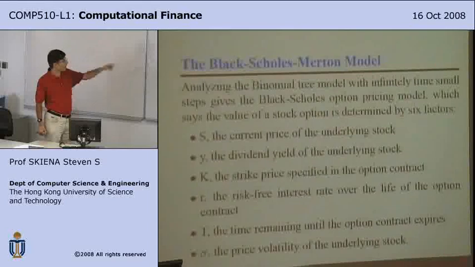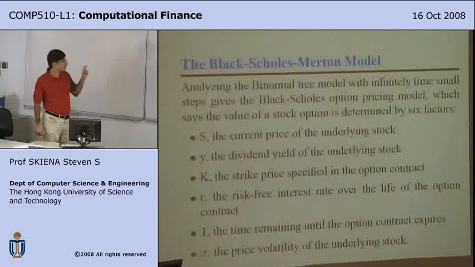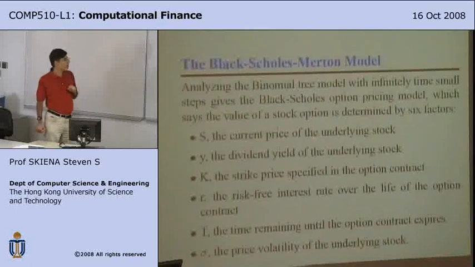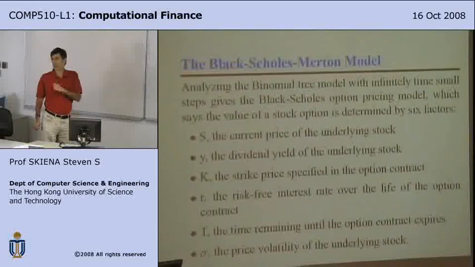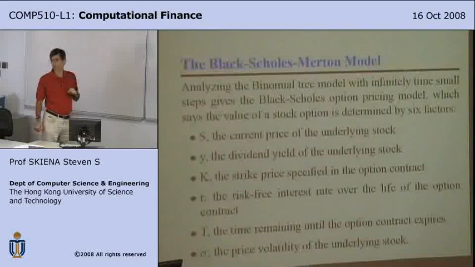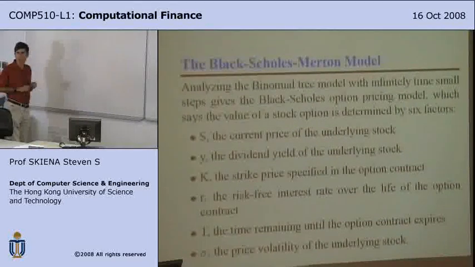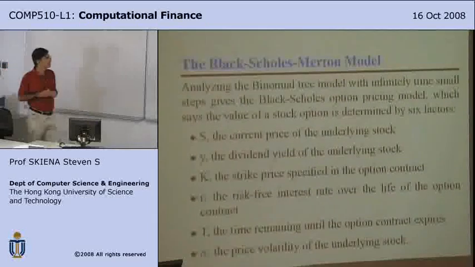which is parameterized by the following things, okay? And again, we've talked about these factors before, some of which we have factored into our binomial tree model, some of which we haven't. The option's price is a function of the current price of the stock. Well, certainly that was the starting point of our binomial tree, so that we factored in.